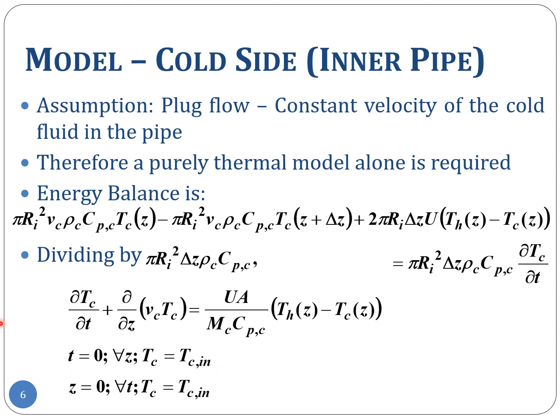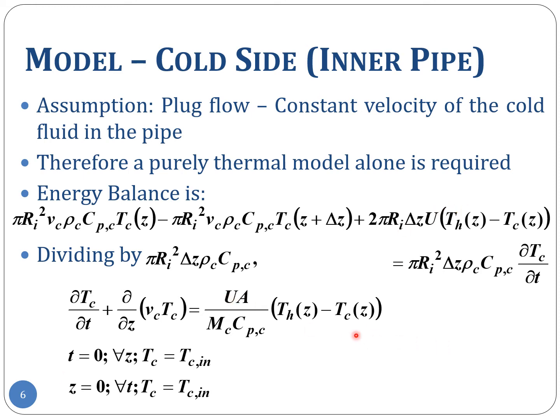A similar expression will be written for the hot fluid also. But for the time being, we are looking at saturated steam being condensed, and so the idea is that at time t equal to 0 or less than 0, at least at time t equal to 0 at all z, Tc is Tc in, and Th is the hot fluid temperature,